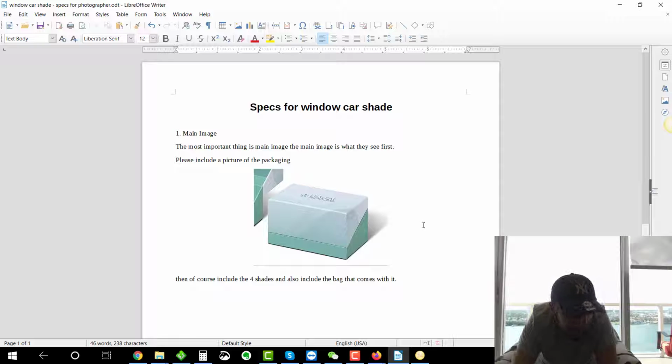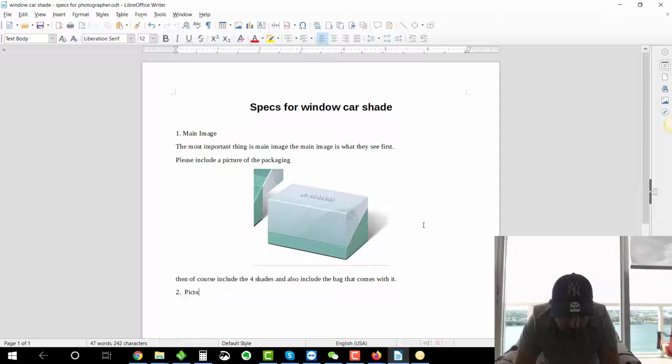So if you have of course more points, it's better to add more than less, because you will save yourself time and more revisions and more back and forth, instead of just, if you could just write it down at the beginning. This is just to show, so I'm not gonna write it down, and I'm gonna jump right to the next item. Now the next item, I want to expand further about the shades. What are the benefits, and what are the actual item specs that you are getting? So we're gonna write here